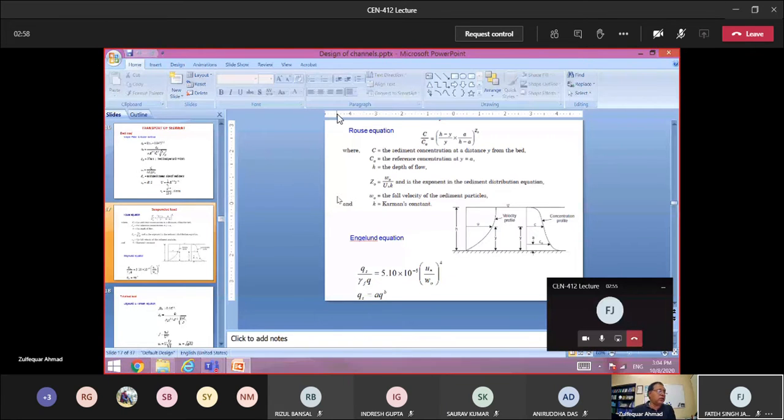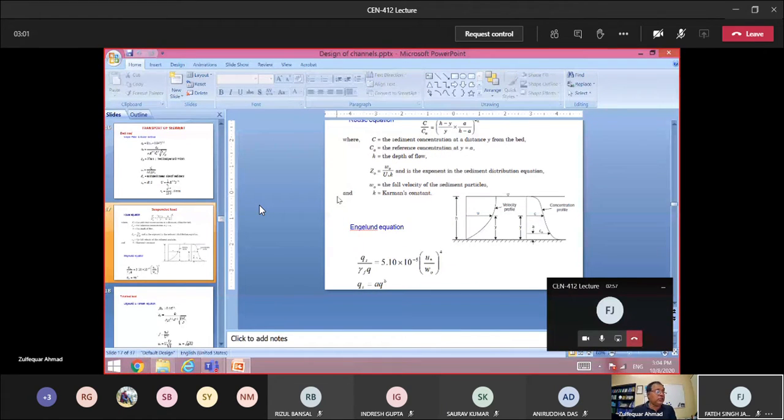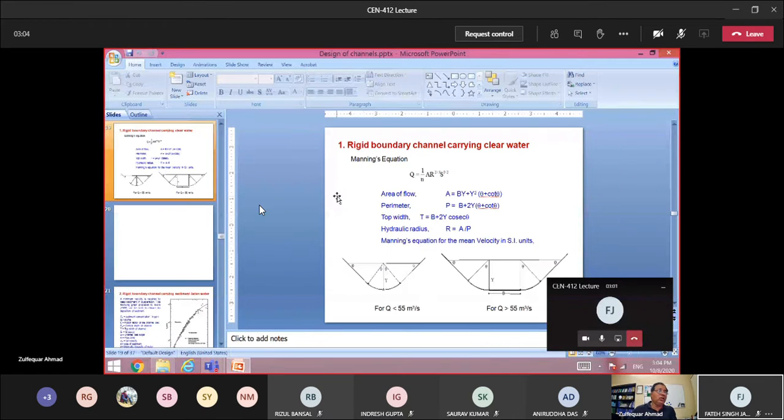The canals, right? In the previous lecture, we discussed the two types of canals, I mean channels. A channel which is carrying clear water is very simple, and in this case you have to invoke the Manning equation for the design, right? I had told you that the corners are rounded. The reason is that at the corners you have zero shear stress, and there would be deposition of the sediment there, and that's why it is rounded. Okay, right?